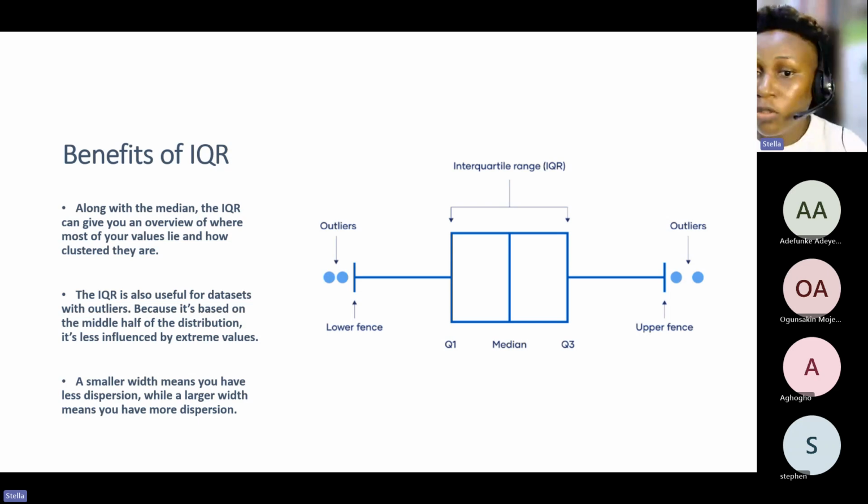Now, the IQR is also useful for data sets with outliers. We talked about outliers too, where you have data points that are not even close to the mean or the median at all. You have data points that are very, very far off from the range of the median value. For instance,